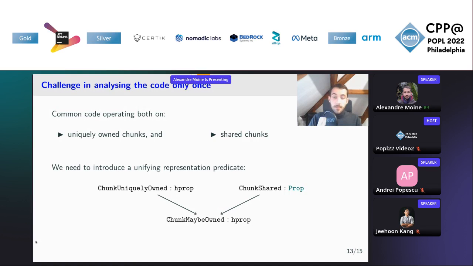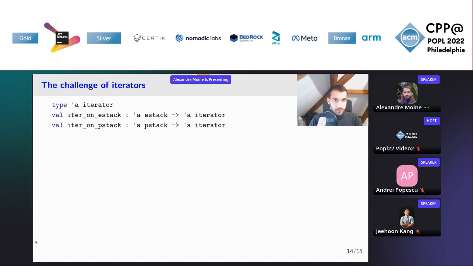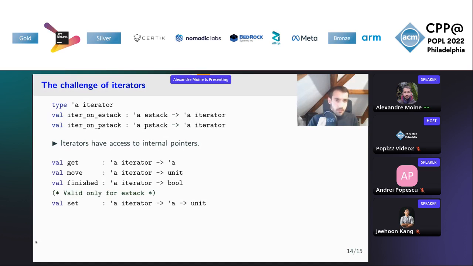So I showed you in the introduction some iterators, so let me show you how we handle them. We provide a type for iterators, and we can iterate on both ephemeral stacks and persistent stacks. Iterators have direct access to internal pointers of all stacks. So this is typically very difficult to verify using separation logic. Nevertheless, we provide three operations. We can get the current element, we can move in the iteration, we can test if we reach the end of the stack, and maybe